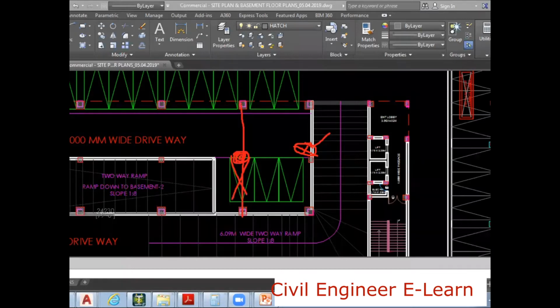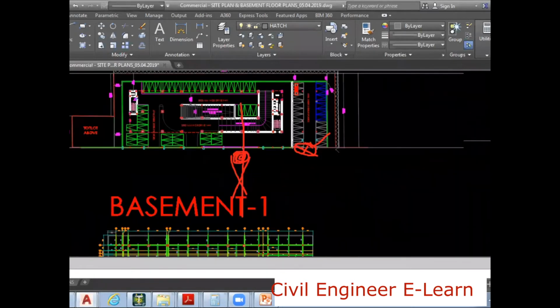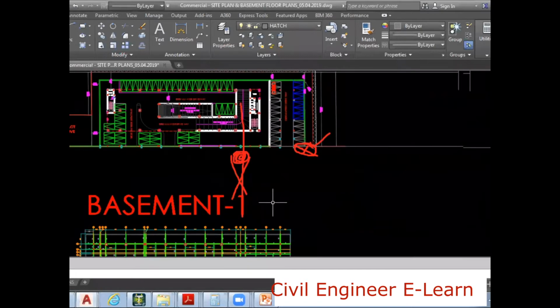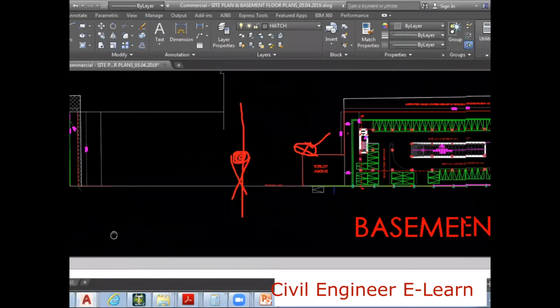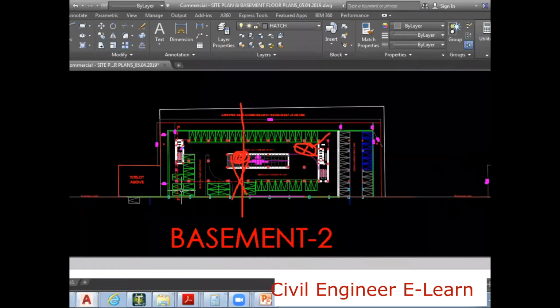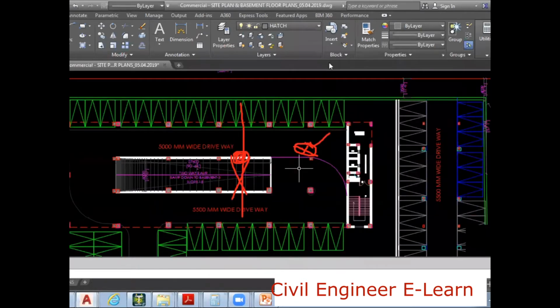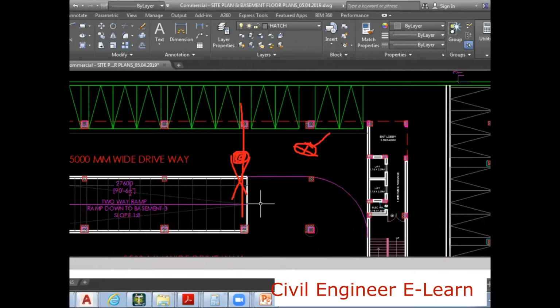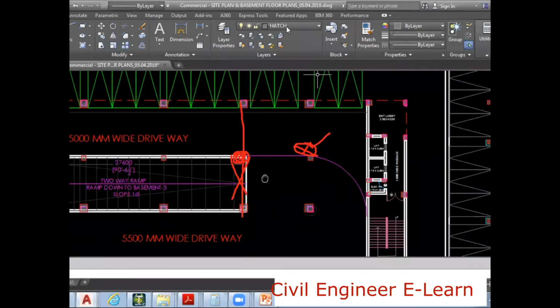So where is this happening? This is happening exactly at basement 1. Can I check the same thing for basement 2? For basement 2, it's exactly matching with the corner of the ramp. See this?